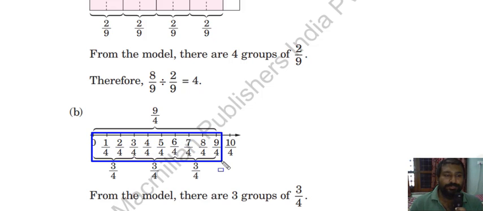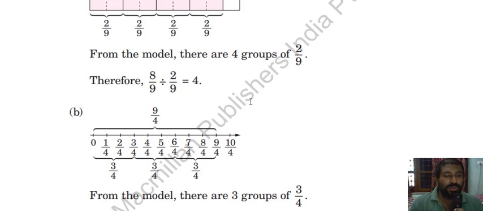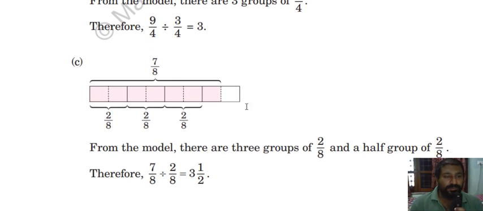9 by 4. Now they are saying we have to divide it by 3 by 4. This unit will comprise 3 by 4. This consists of 1 unit. Another, we can have another unit, and a third unit. How many units did I get this way? 3 units I got. So my result comes out to be 3. With a number line or by preparing a square or a rectangle, you can get the answer. The same procedure in part C also they have done. You can see from here and you can get the answer.